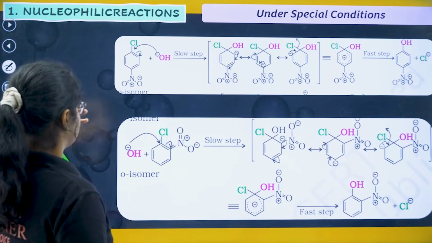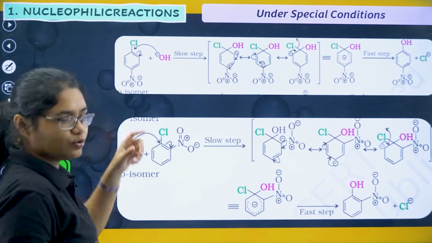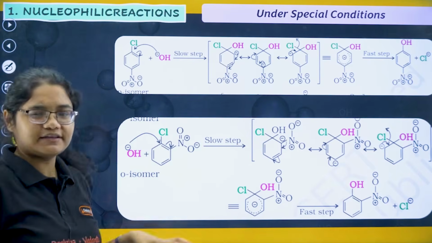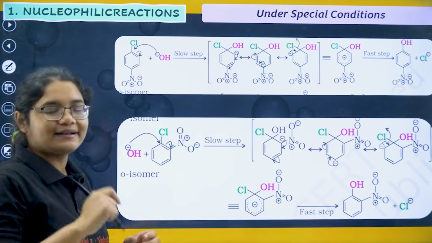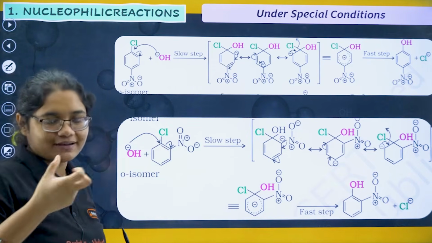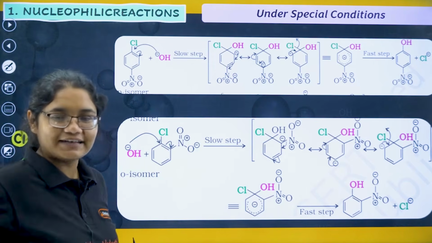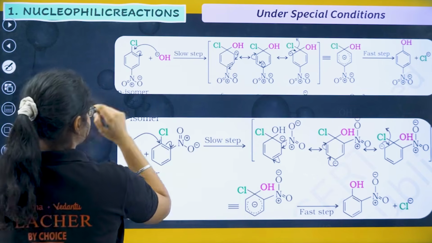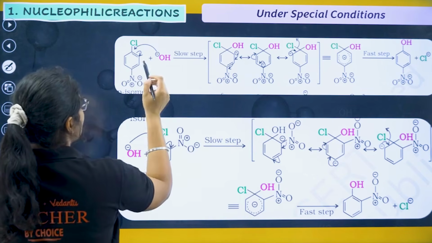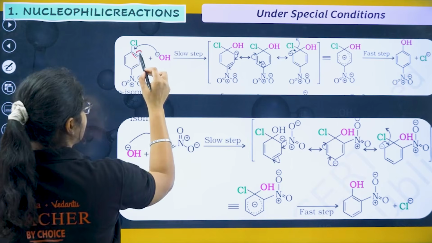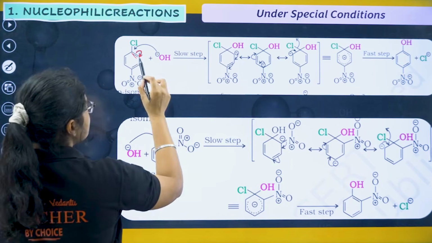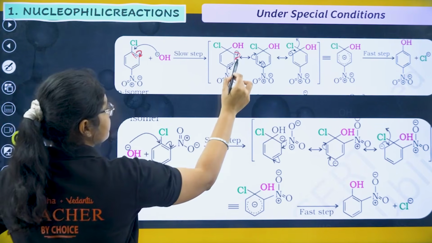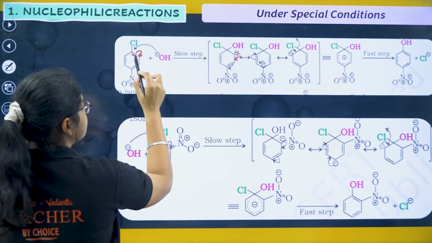So I have told you that this NO2 will steal the electrons of the benzene ring and make this benzene ring a poor fellow. So how is it stealing, what is the pathway, from which door is it entering and stealing the electrons? Let's see. First of all, you can see that this electron which is present here can move here, so there is a negative charge on this one. Next, these electrons can move here. Now you see this is the benzene electrons, right?